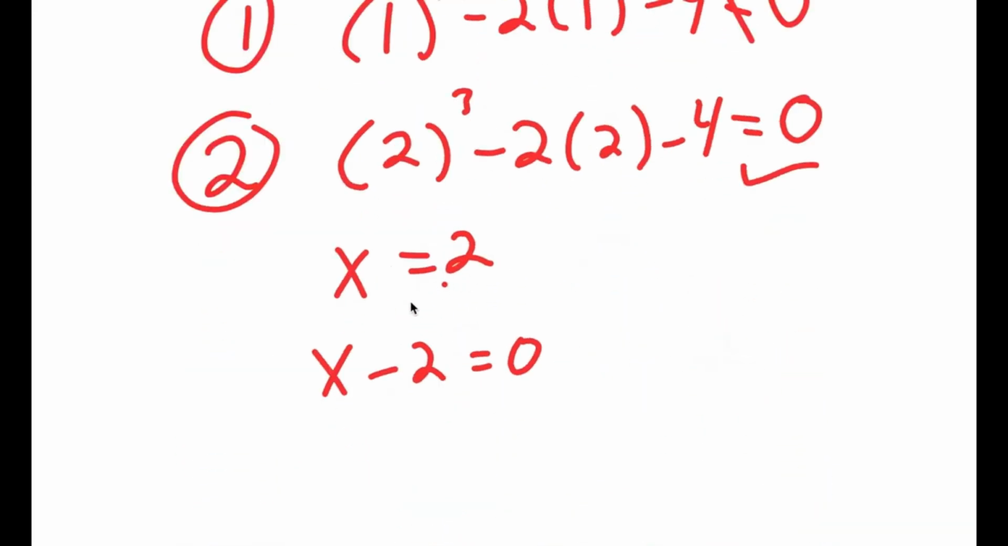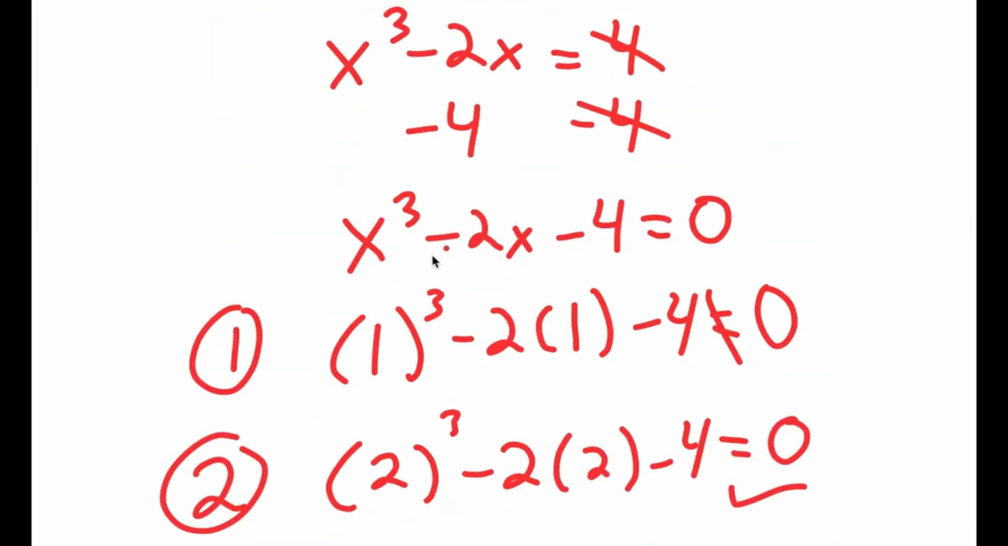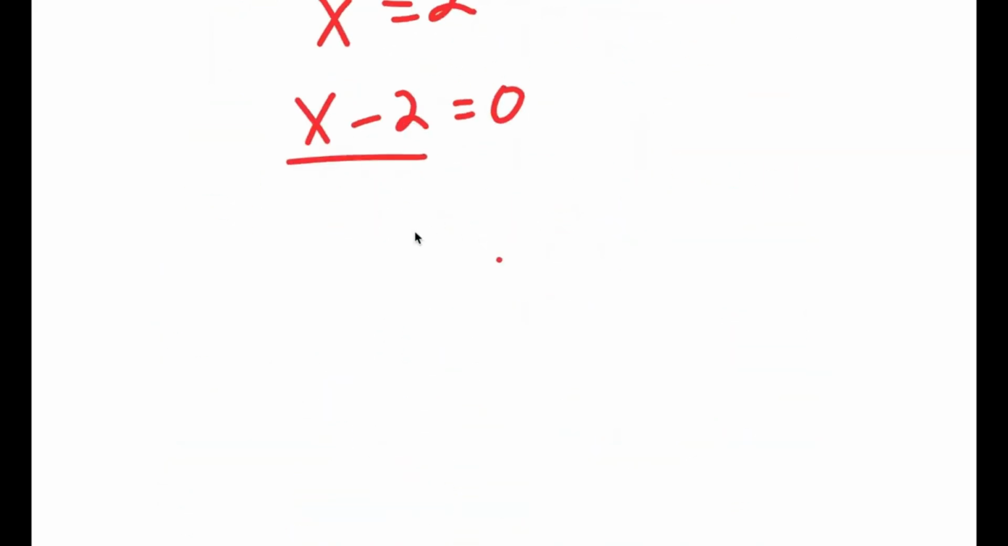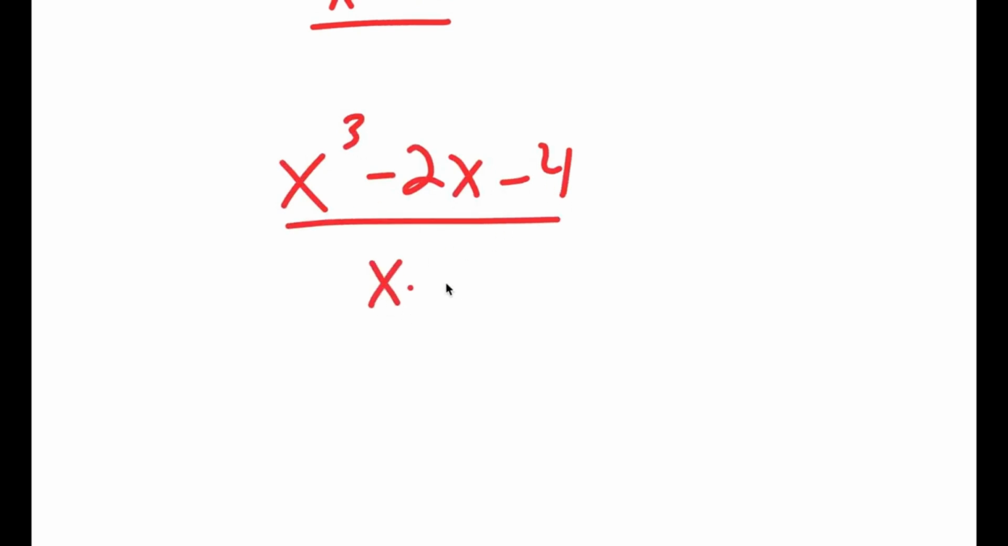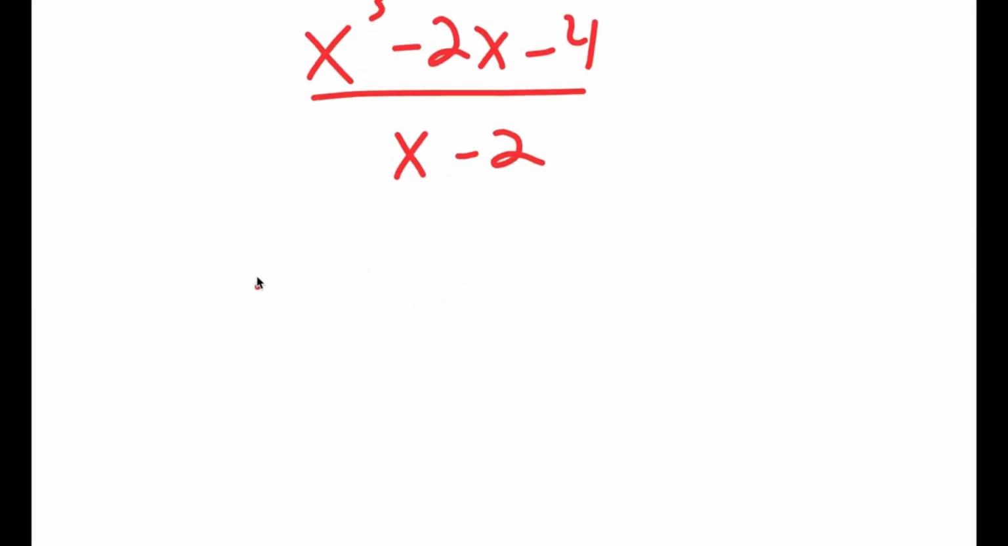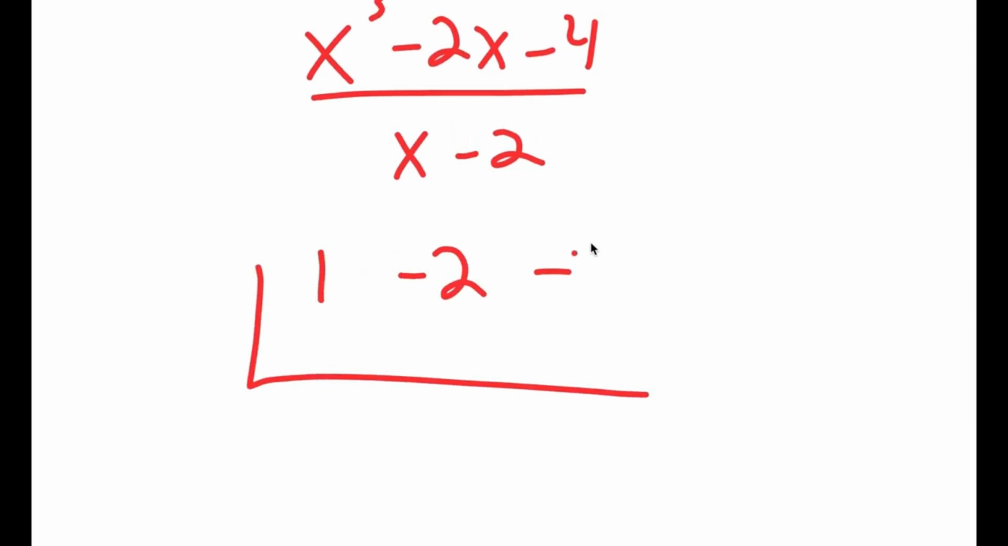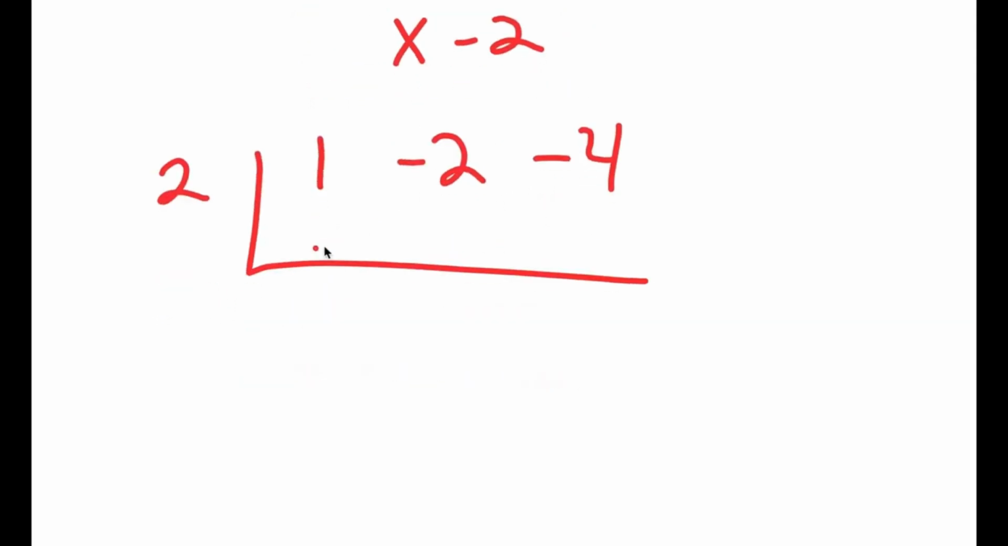So now what we're going to do is divide x to the power of 3 minus 2x minus 4 by x minus 2. So I get x to the power of 3 minus 2x minus 4 over x minus 2. And to solve this, we're going to have to use synthetic division, and if you don't know what that is, I would recommend watching a YouTube video on it. So the coefficients of our numerator are 1, -2, and -4, and then we have a 2 over here. I'm going to bring down 1. 2 times 1 is 2. -2 plus 2 is 0. 2 times 0